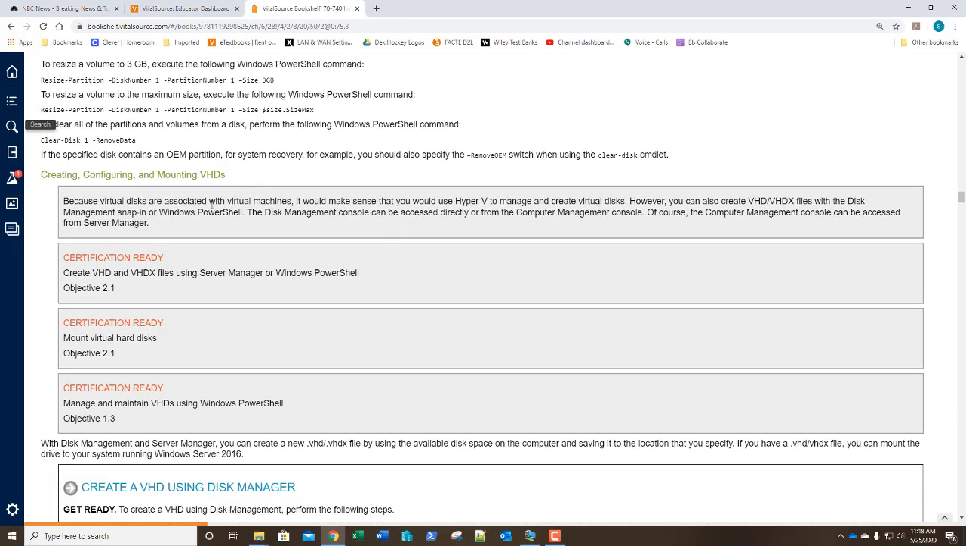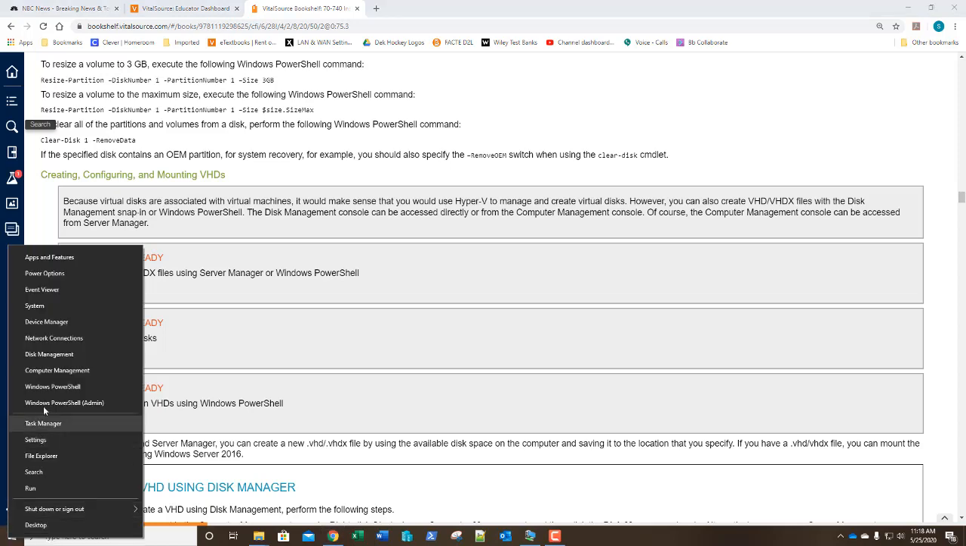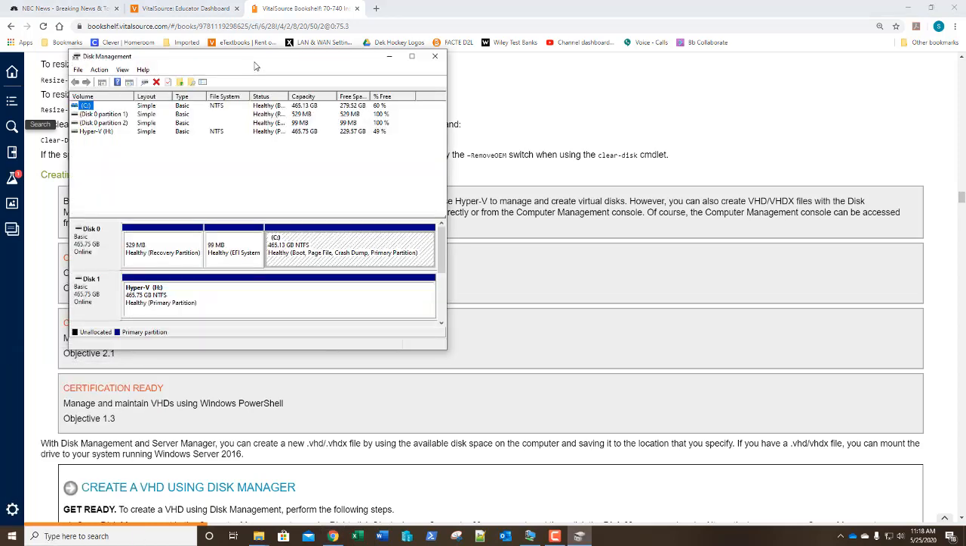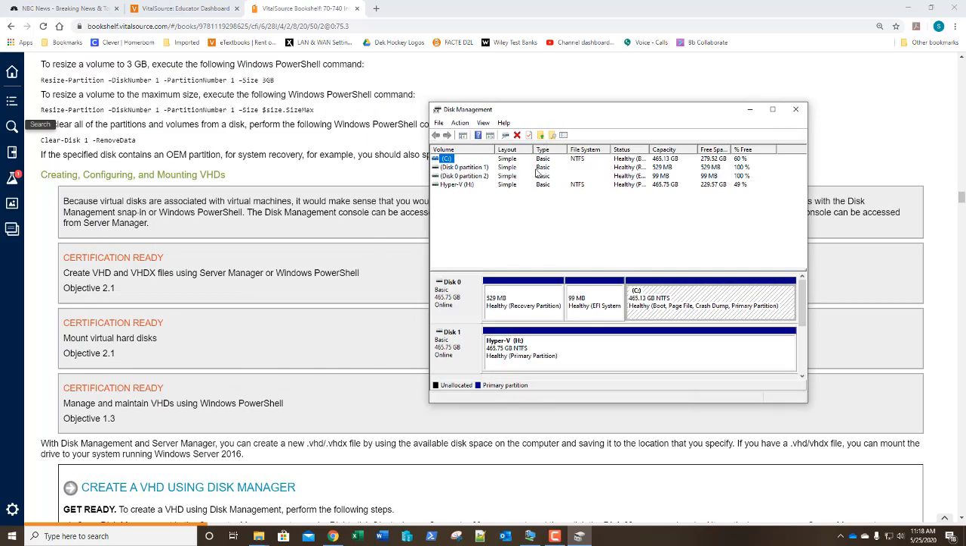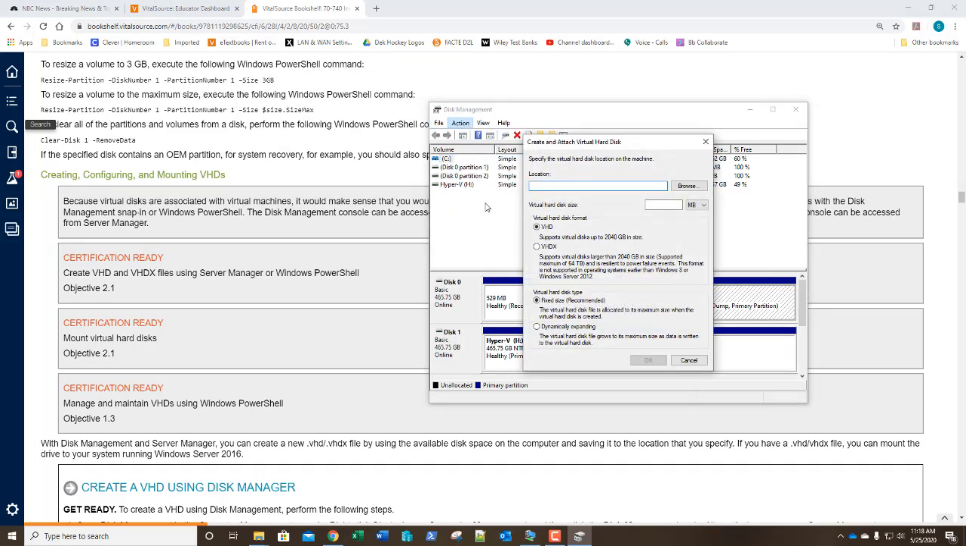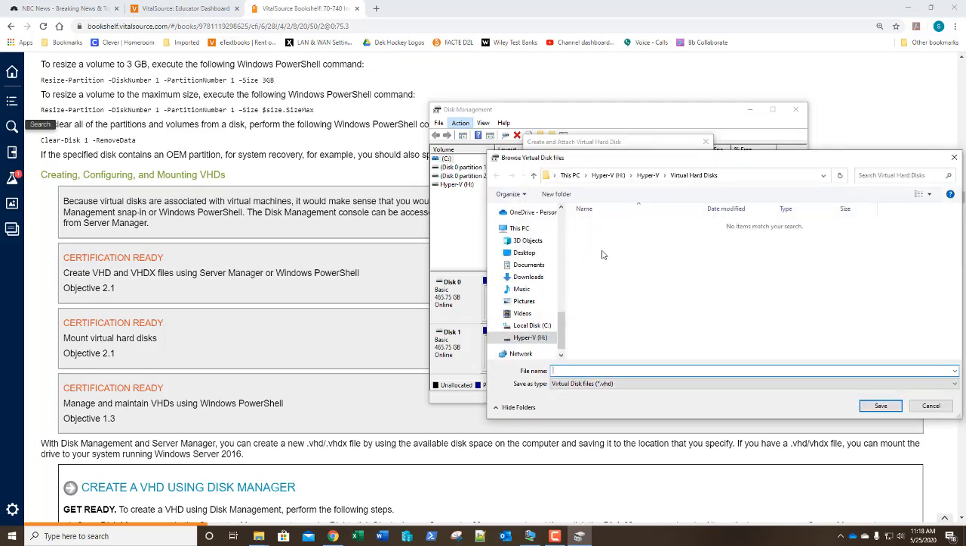How do we work with VHDs? Well, we can create a virtual disk in Windows. So for example, I'm on my physical system, and I'm simply going to right click and go to disk management. This is on my physical computer. And I could say action, create VHD. And it says, well, where do you want to create it? I'm going to create it on my H drive, and I'm going to call it